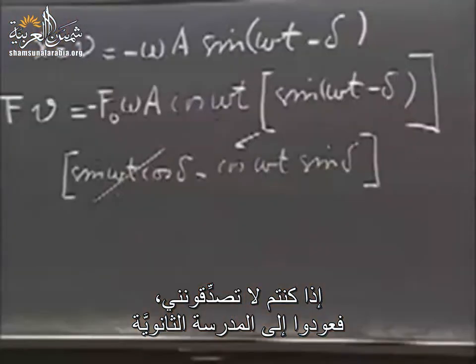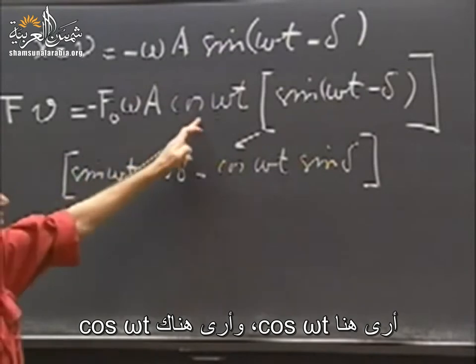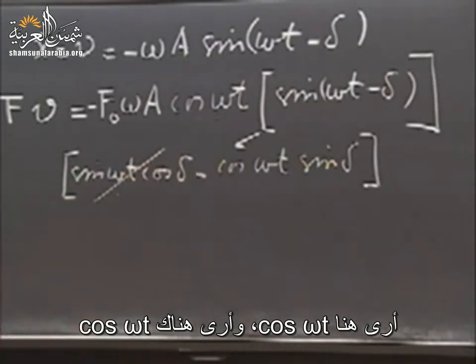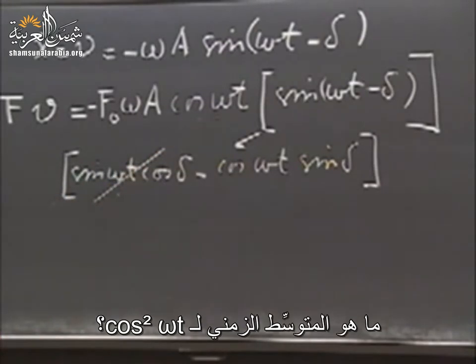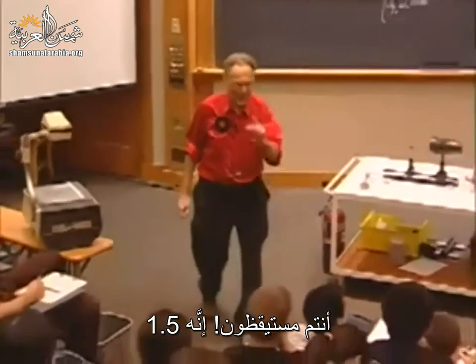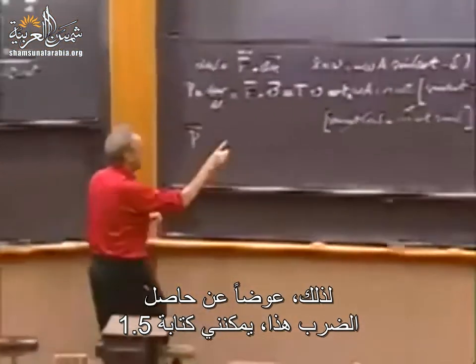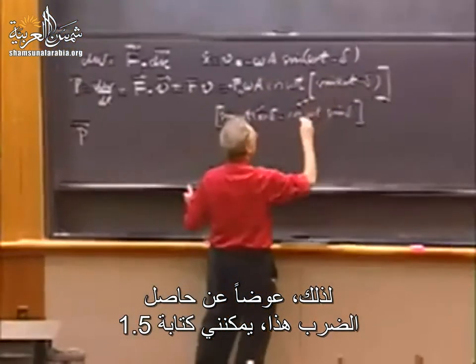If you don't believe it, go back to high school, ask your high school teacher, he will agree with me. Here I see a cosine omega t, and I see a cosine omega t there. What is the time average of cosine square omega t? Ah, you guys are waking up. It's 1/2. So therefore, for this product,